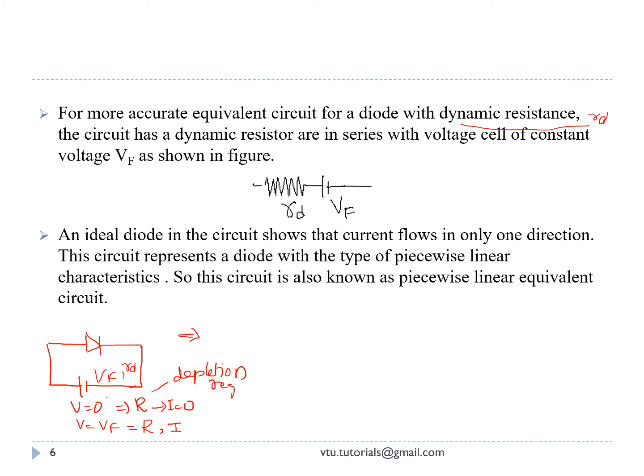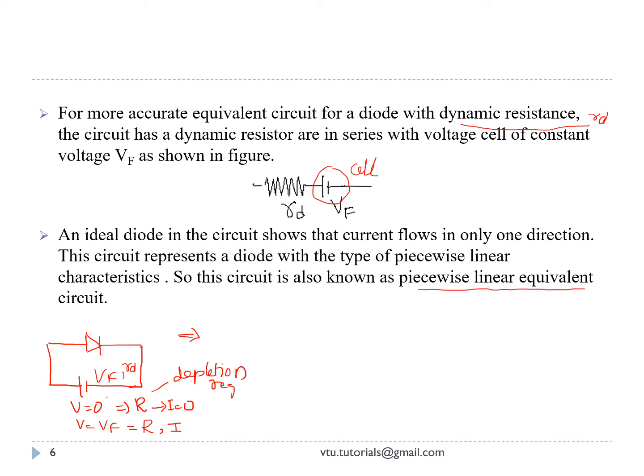So that is represented using this figure, where the resistance RD will be in series with a voltage cell with a voltage of Vf. This will be the accurate equivalent circuit for a diode, and this is also called a piecewise linear equivalent